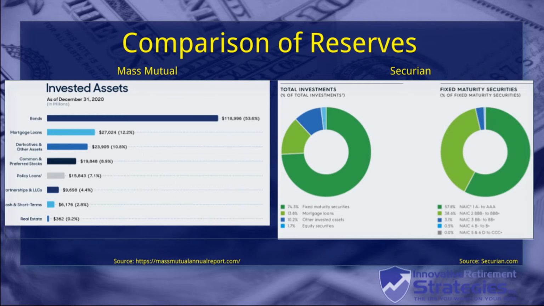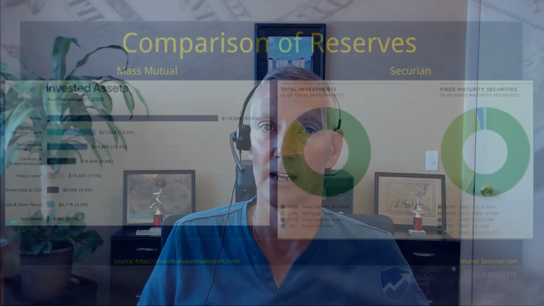So again, I'm not going to pass judgment on what is better than the other. I'll leave that up to you. But if you're looking at multiple companies, I think it behooves you to take a look at their annual reports, which are available on their websites. If you just Google the name of the company and annual report, it should take you right there. And download the annual report and find the assets and take a look for yourself and just compare one company